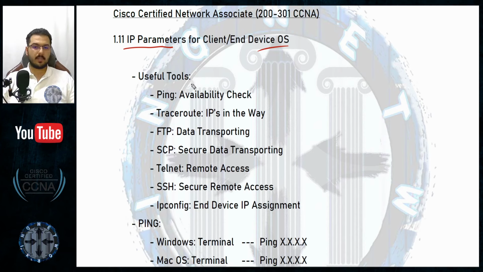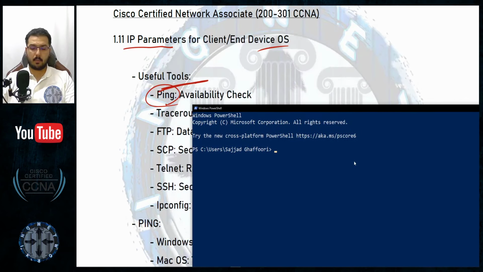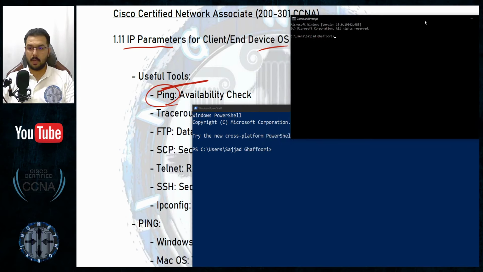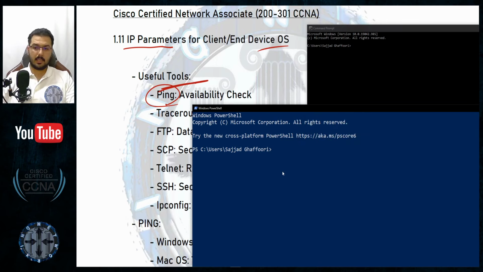The IP parameters are useful tools making use of the Internet Protocol technology to achieve some functions or operations that you might need as tools for you only, like the ping tool. The ping tool is actually a very simple tool that you use to check the reachability to something. Like, let me type PowerShell in my Microsoft Windows computer, or even the command line, which is the CMD, whatever you want, both of them are identical, and here or there I can just type ping something like ping